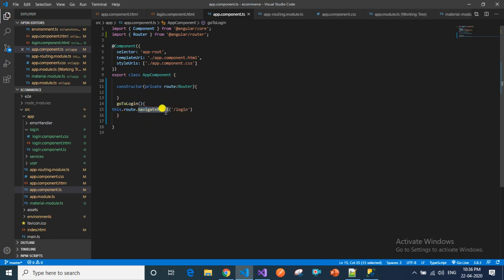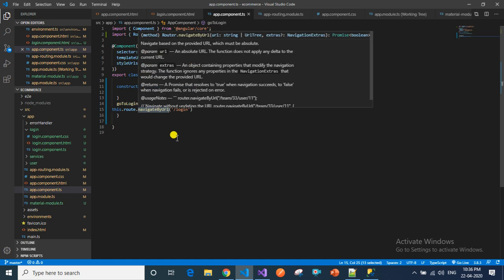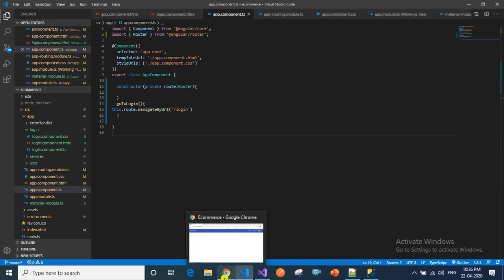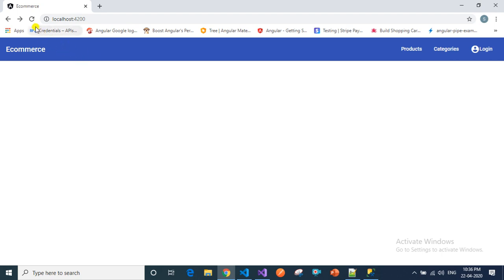This is one of the methods to navigate to other components. So we will see whether it's working or not. This will not work, you can see here.